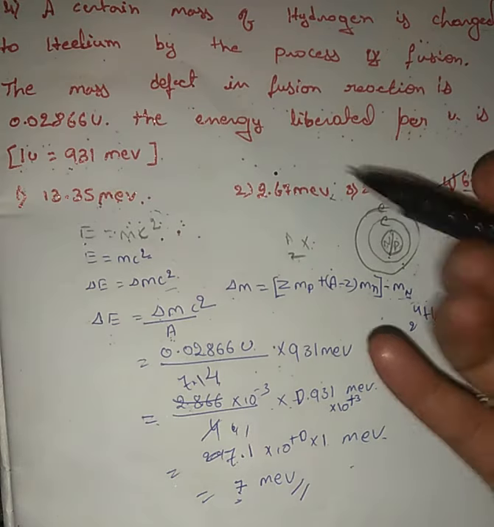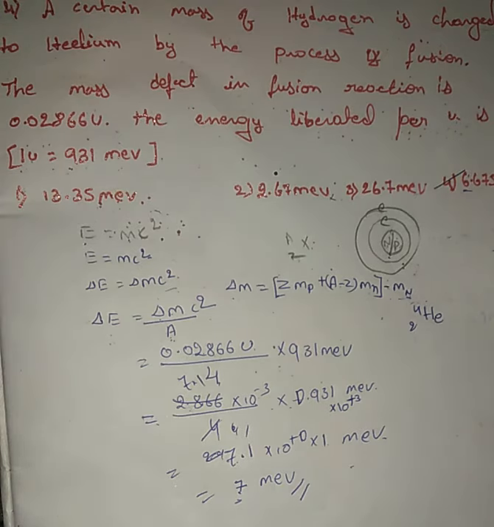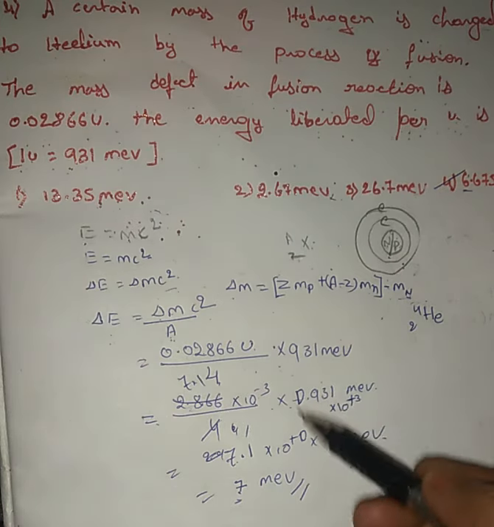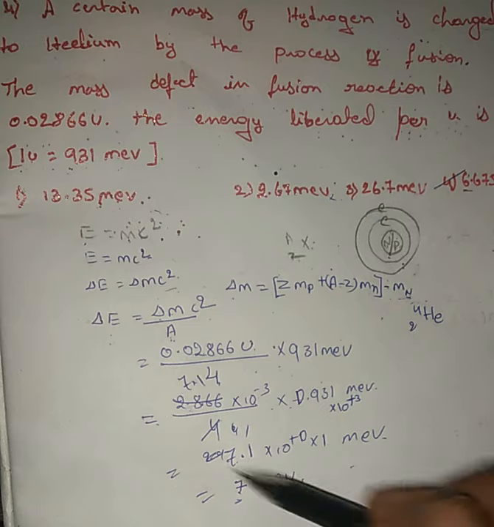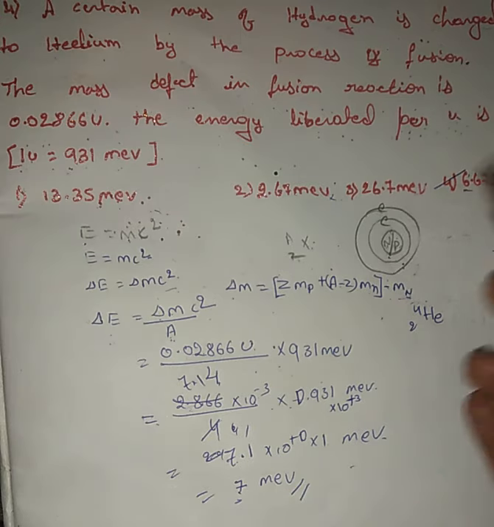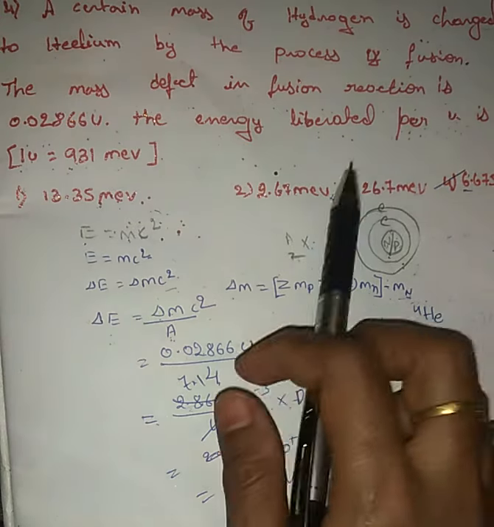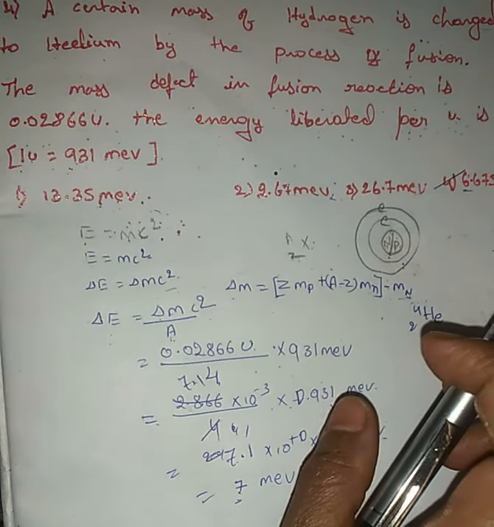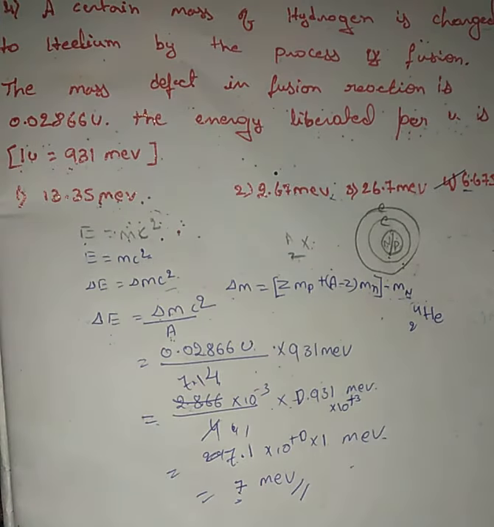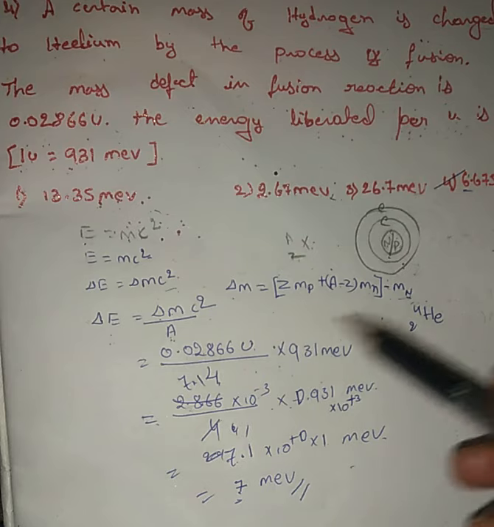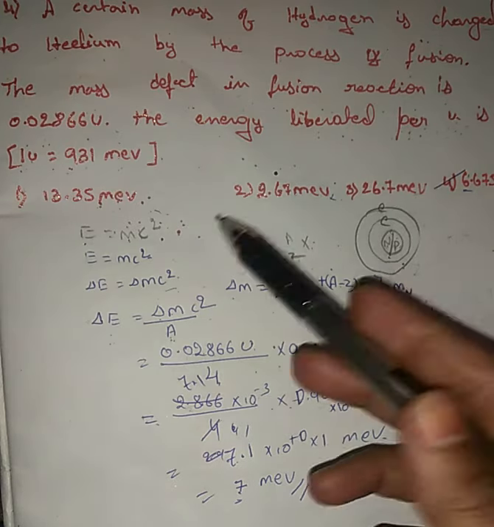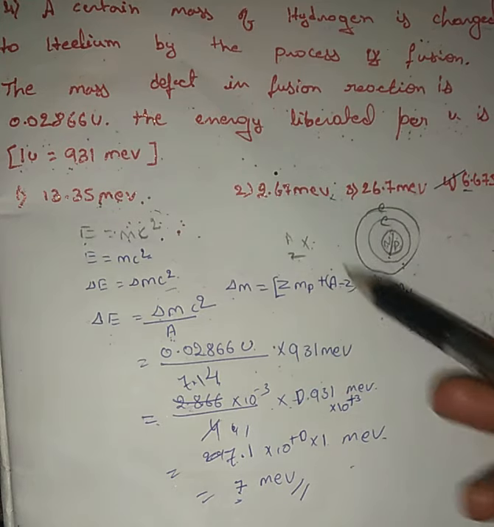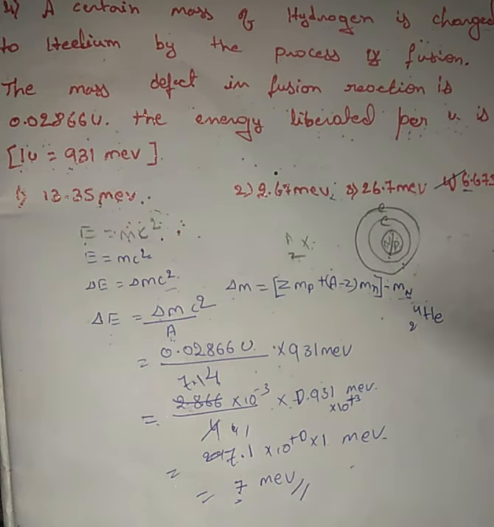A calculator is not allowed in NEET and JEE. So by simply taking round figures, we can calculate a nearly equal value whenever there is a large difference between the answers. If the options are nearly equal to each other, then don't do it like this; follow the other method. If there are large differences in the answers, then you can go by this method.